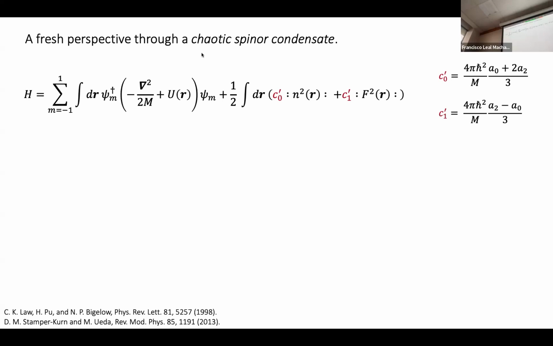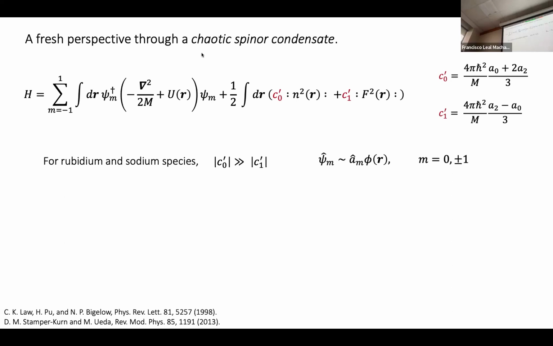These symmetric and anti-symmetric parts have strengths that depend on the scattering lengths of the colliding pairs. For rubidium and sodium, which are the most used atomic species in spinor condensate platforms, we have C0' much bigger than C1', which justifies what's called the single mode approximation, SMA. So in the single mode approximation, the spatial part of the wave function is found to be homogeneous,